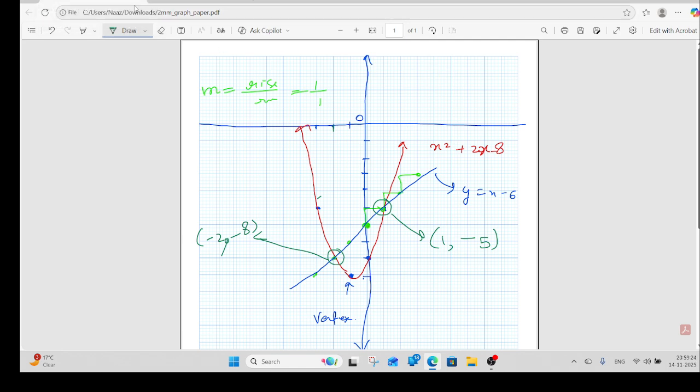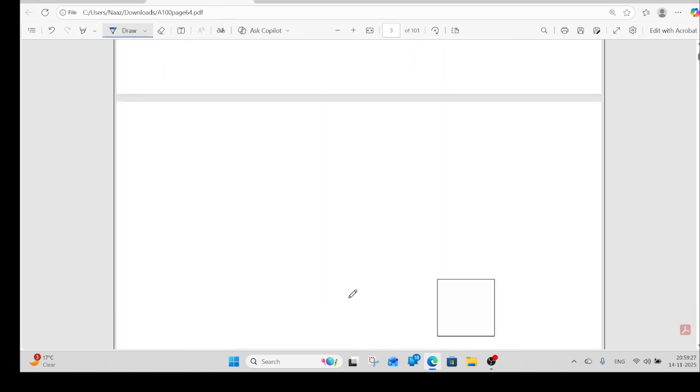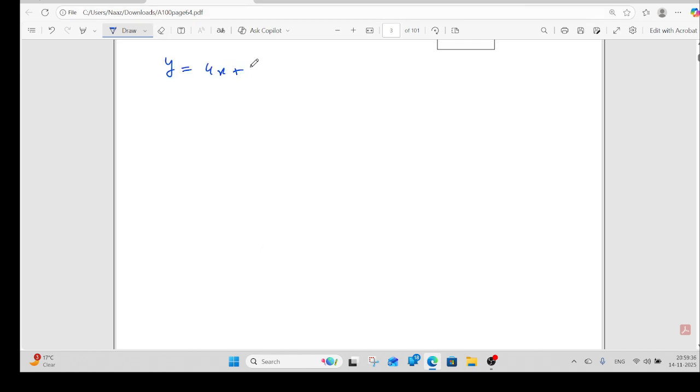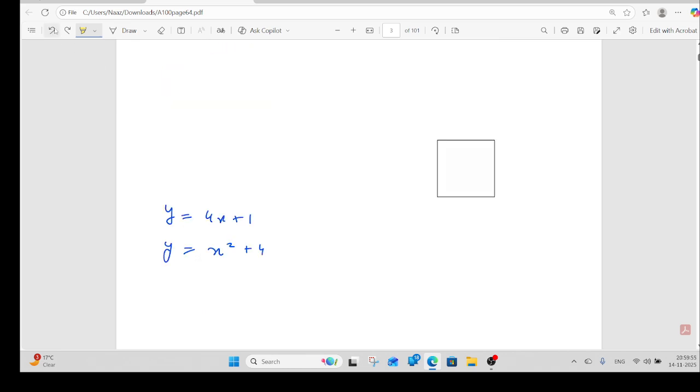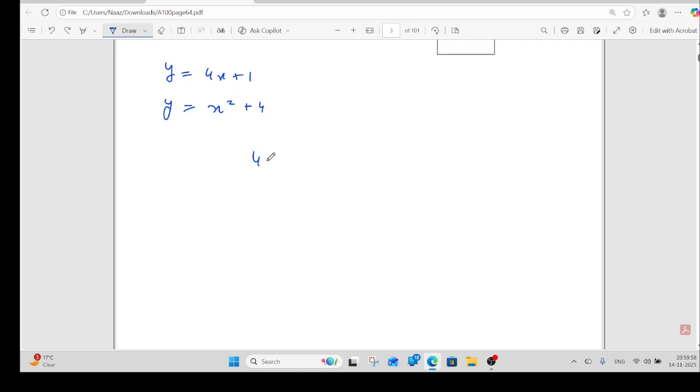Now let's take an example and understand how we do it algebraically. Okay, so we are going to take this example. Let's say we have y is equals to 4x plus 1. This is my linear equation, and quadratic is x square plus 4. So what we do is basically we use substitution method, right? Because they both are y. This is y and this is y. So I can equate them, right? I'm going to equate both of them. I can write 4x plus 1 is equals to x square plus 4 because they both are y, so I equated them. Now, if I subtract both sides 4x,